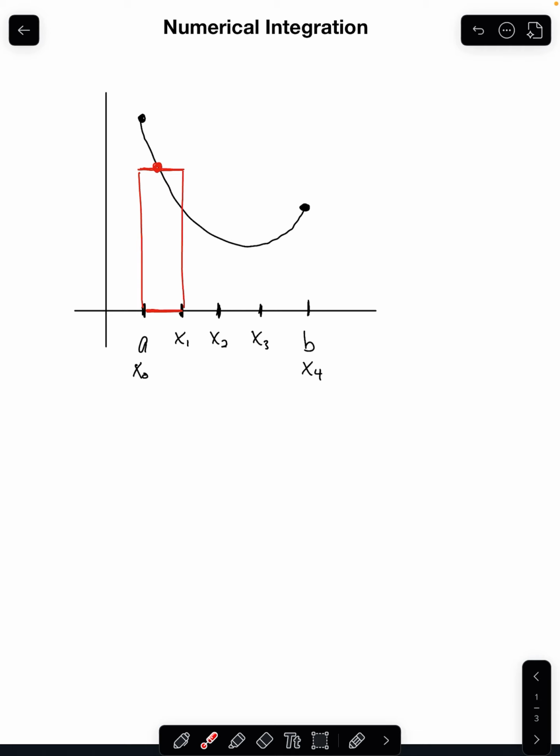Now, fortunately, those two regions tend to roughly balance each other out. But what if we decided to draw this shape a little bit differently? What if instead of using a rectangle, instead of using a horizontal line,